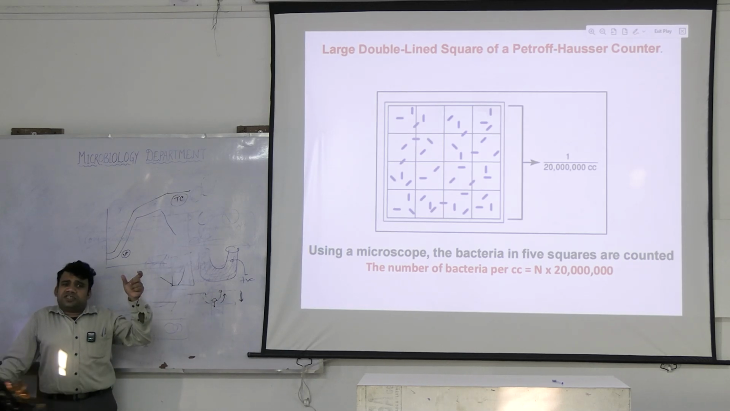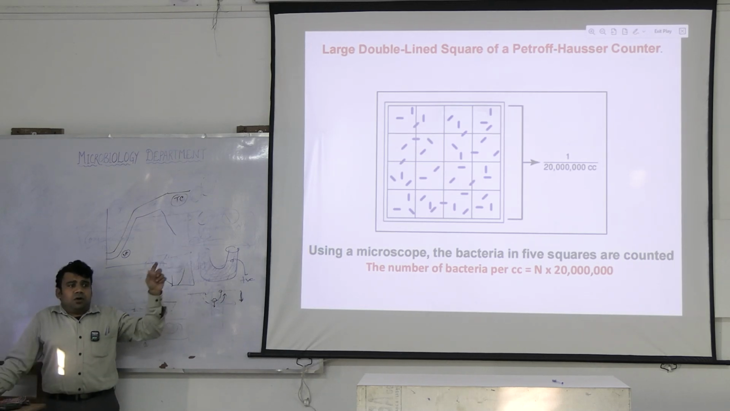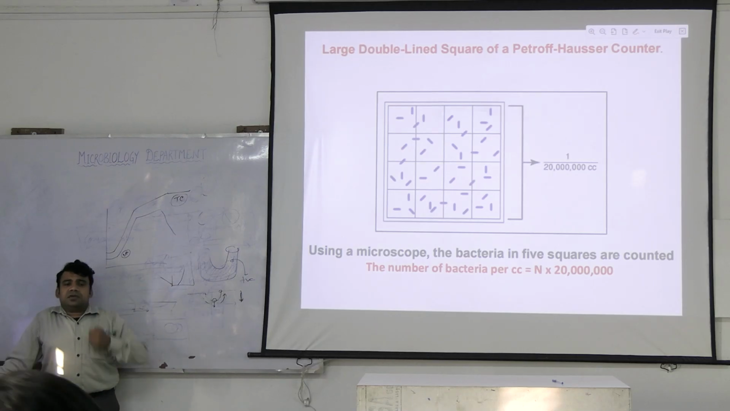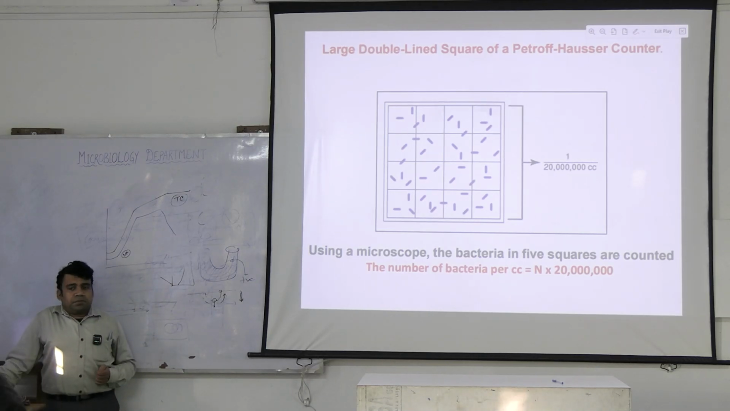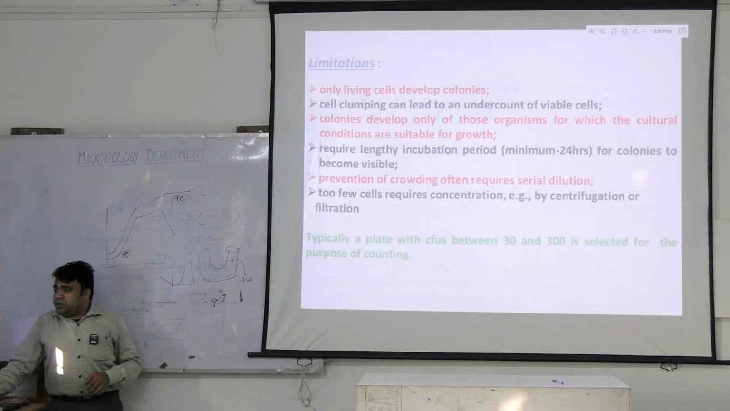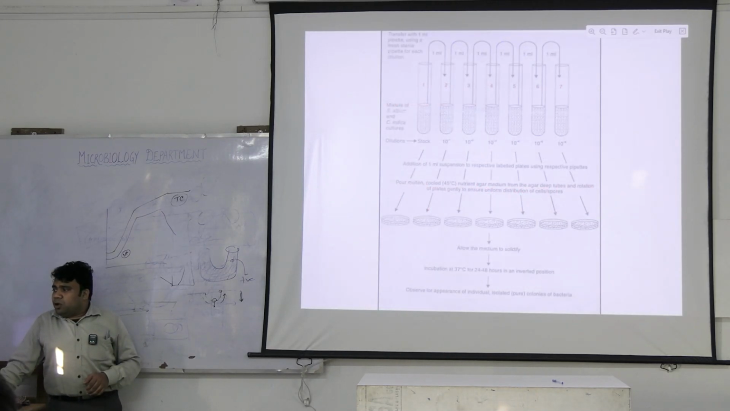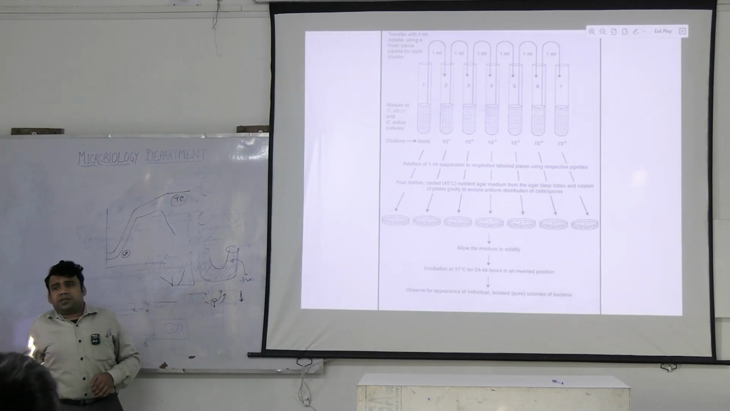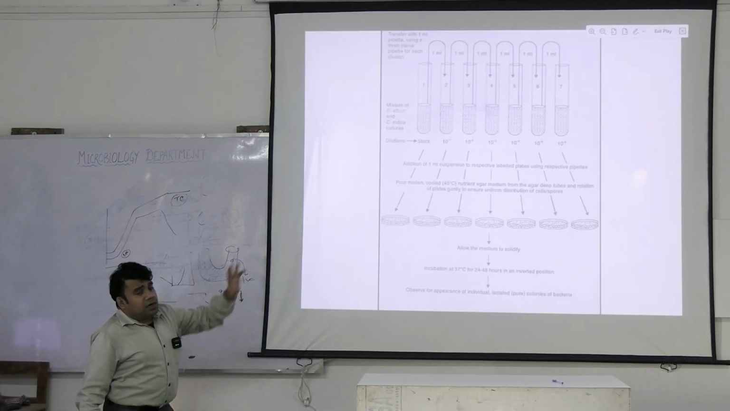ফিজিওলজিতে মনে পড়েছে নয়বার্স চেম্বার, যেখানে আরবিসি কাউন্ট করতাম, ওই রকম যদি একটা কাউন্টিং চেম্বার নিয়ে আমি I can manually count each and every bacteria, but that's a very tedious process. Or what we can do is we can go for the pour plate method. Pour plate method কি? এখানে আমি সিরিয়াল ডাইলুশন করছি।